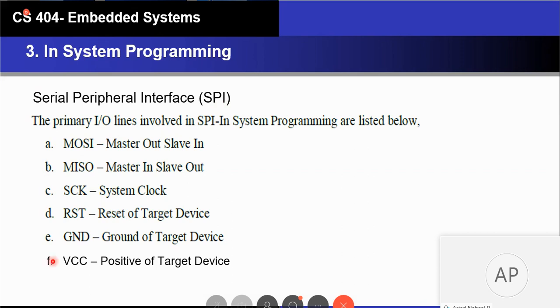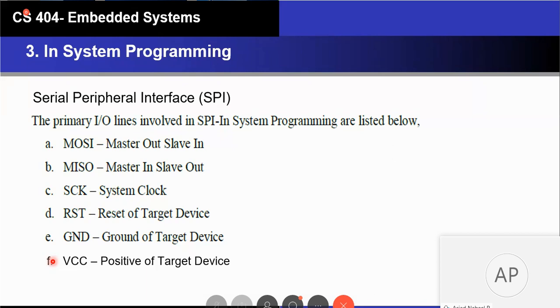One thing we should keep in mind is that the target device is like a dead device, because there is no firmware in it. The only thing it supports is the serial program interface. So we are not giving the task to the target device to write the program itself. Instead, we are using the path provided by the SPI, the serial peripheral interface, to write the firmware in the code memory inside the target device. So the computer is using the path to write the firmware.